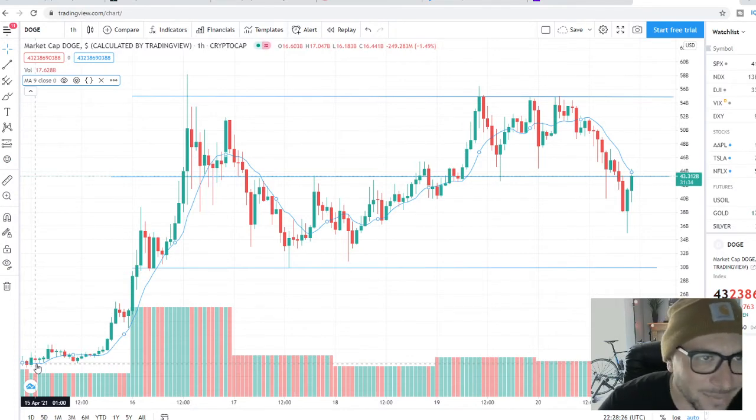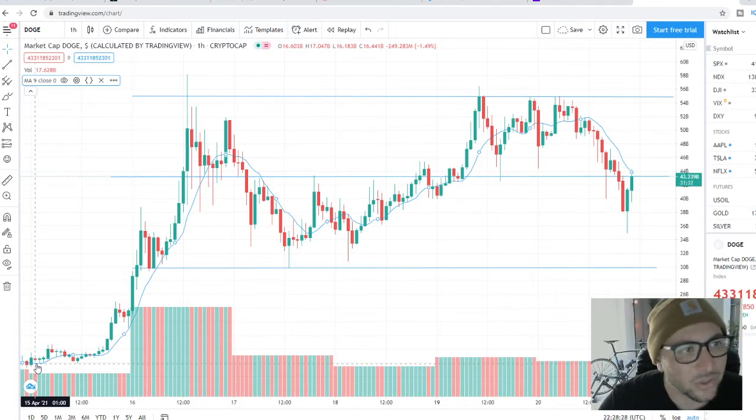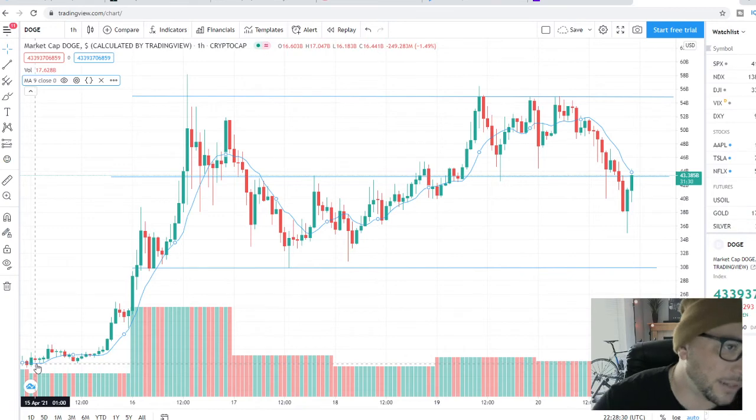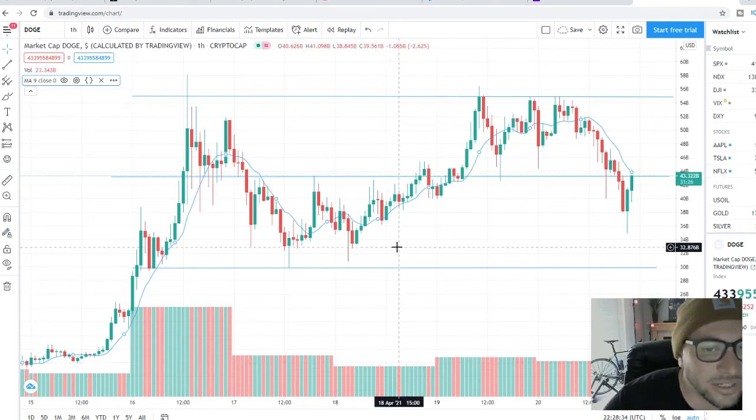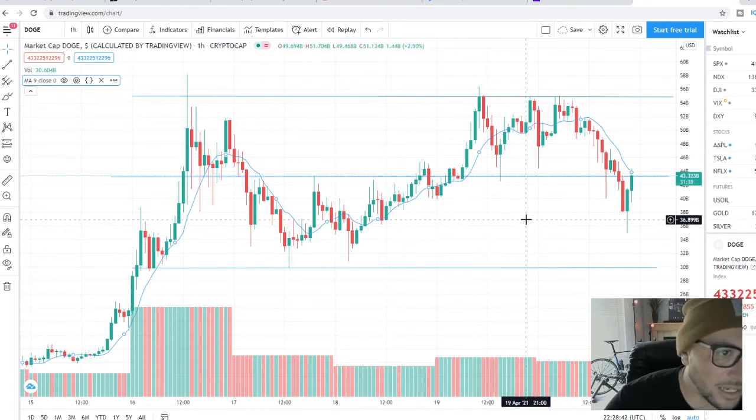But just remember, guys, this all started off as a joke. This whole coin, it's not really backed by anything. I know a lot of the initial heavy investors into Doge have already taken their profits out of this thing. Right now, it's just a bunch of retail traders that are kind of keeping this thing afloat. But that's not to say that you can't make any money in it if you're smart about it.